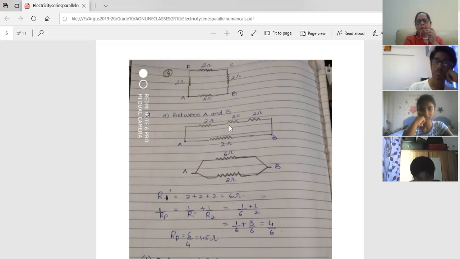Now again, the top part, if you see, all the three are in series in a straight line. So again, I have simplified it. I added all the three. So now the simplified circuit looks like this, 6 ohm and 2 ohm. Now what kind of a connection is there between A and B? Parallel combination, right? So always first, don't get scared, just simplify. Start simplifying the circuit, start drawing simplified versions of the circuit, and you will get a proper circuit.